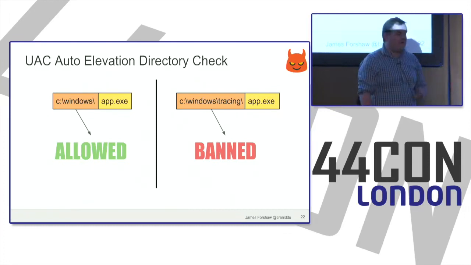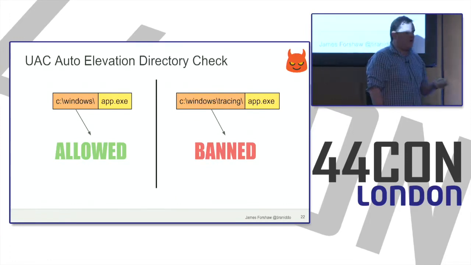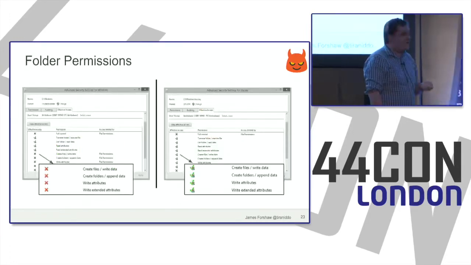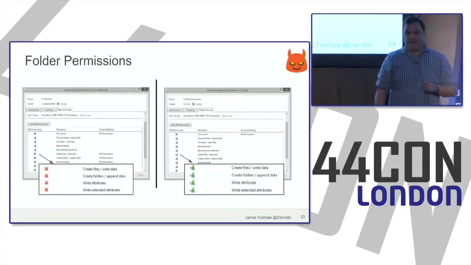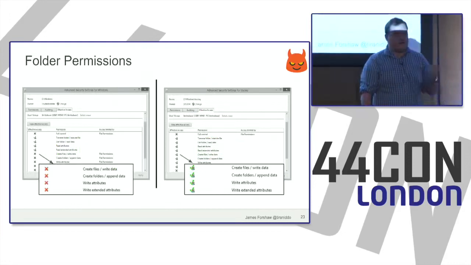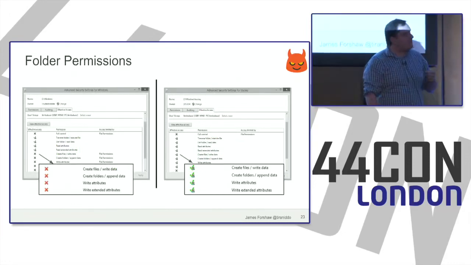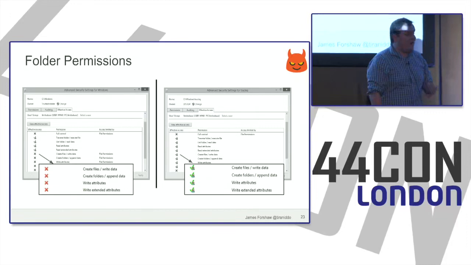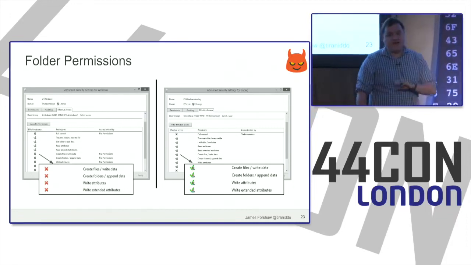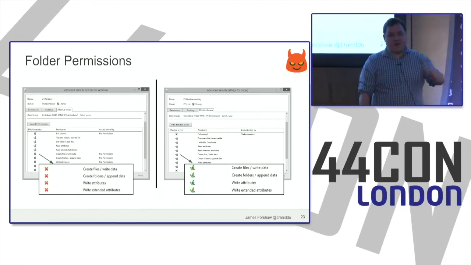That seems fair enough. But surely Windows itself is secure. Everything in Windows is secure, you'd assume. Well, it's actually not. You only have to look at the security permissions of the Tracing directory relative to the Windows directory, and you'll see the problem. The Windows directory is ACLed so that a normal user cannot write new files to it. On the other hand, in the Tracing directory, a normal user can arbitrarily insert files. So it's clearly insecure. You can't treat that as secure.